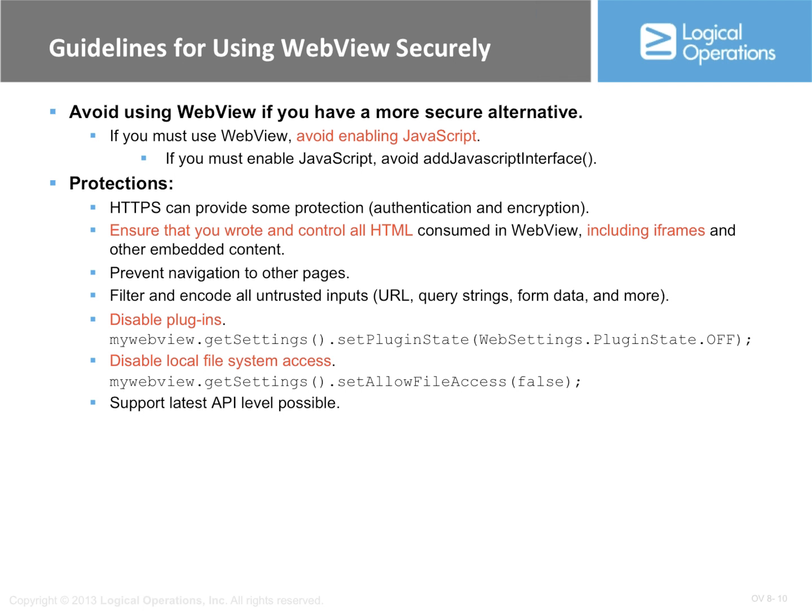Disable the plugins. Once again, that's one of those obvious ones. And disable local file system access. You just don't need it within the web view itself. Once again, it should be running in a sandboxed environment, at least accessing the local file system within the sandbox environment of the app. So just disable the ability to get there. You do that through the WebView settings and just set allow file access to false, and